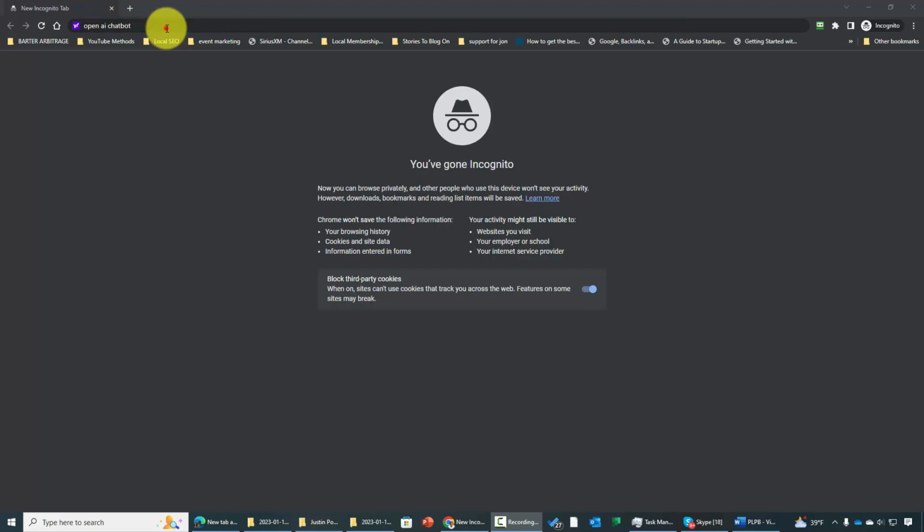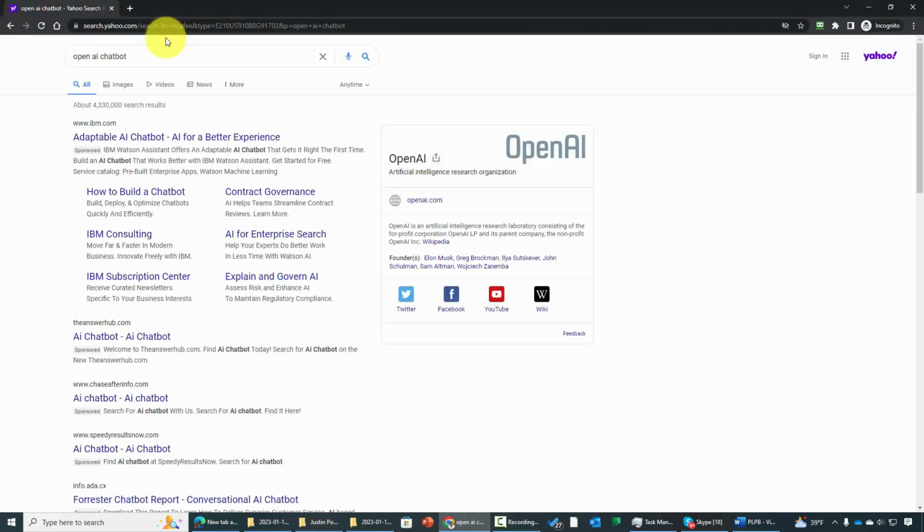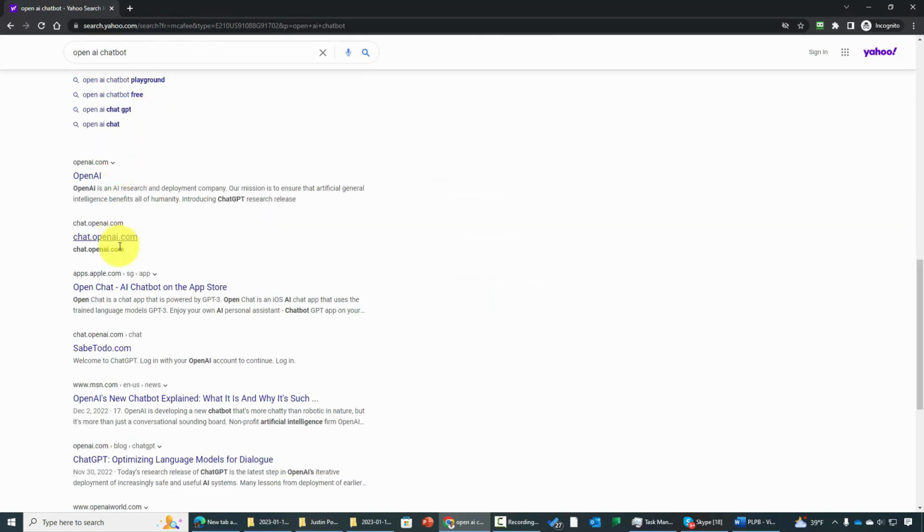You're now looking at a search engine and we're going to type in the search OpenAI and then the words chatbot. We're then going to click enter and start the search process. You're going to see a number of search results. The search result that you want to look for will say